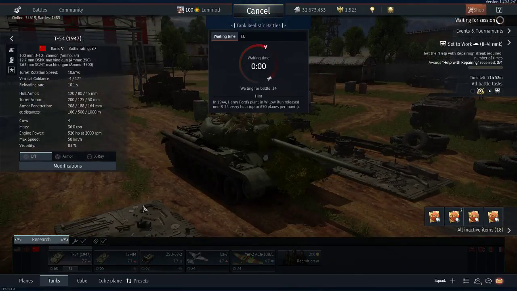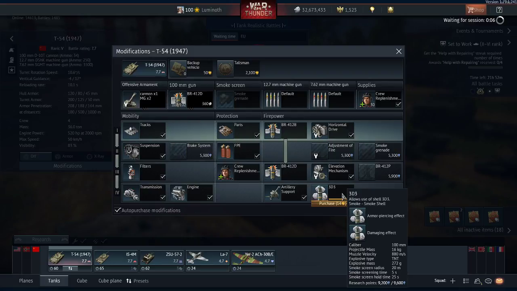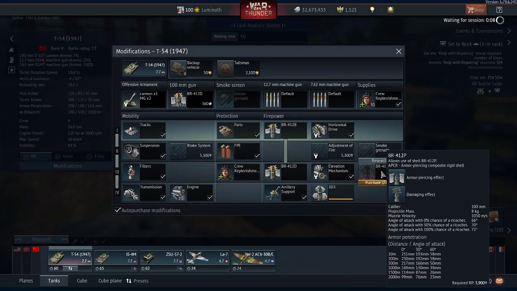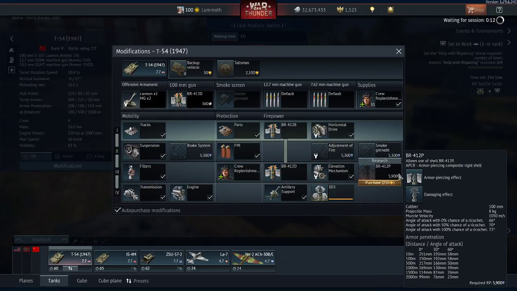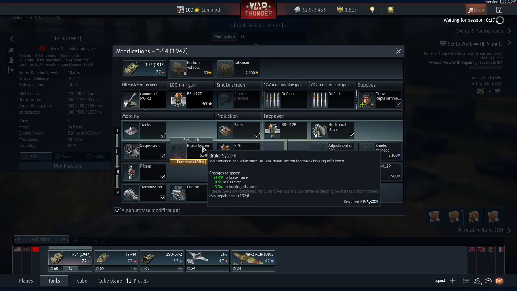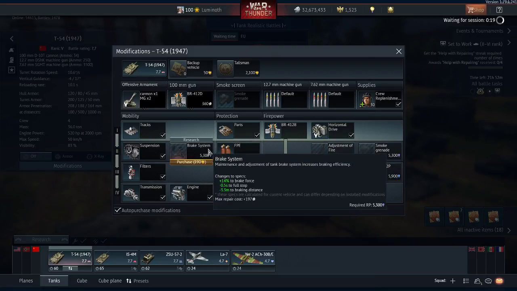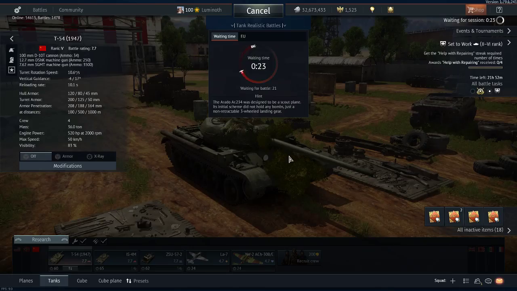But I'm just gonna take out the T-54 because that thing looks very close to spading, and I think we can get at least the smoke shell. I don't know if I should, 250, yeah, for those 10mm, I'm not even gonna bother for this APCR shell. I'll probably just go for the brakes and adjustment of fire smokes, maybe even in that direction, because this smoke grenade on Russians is really